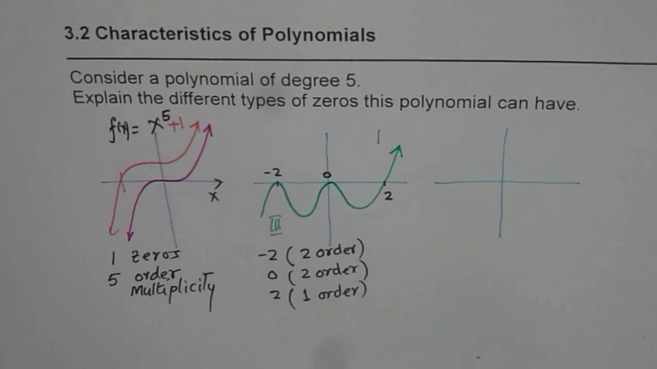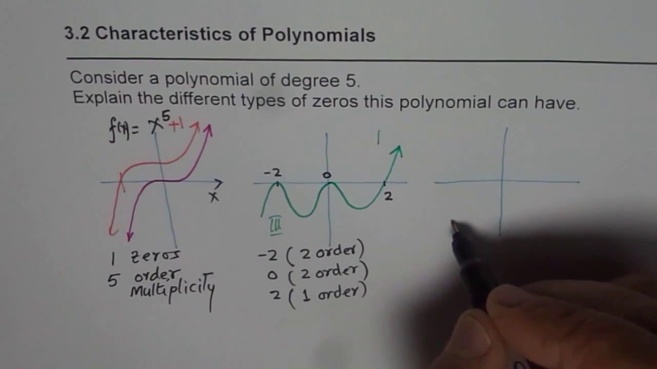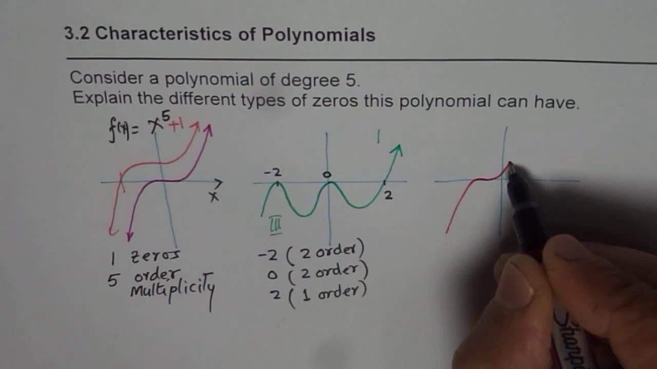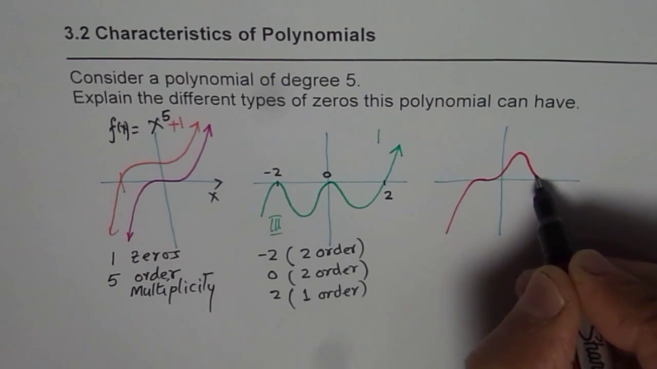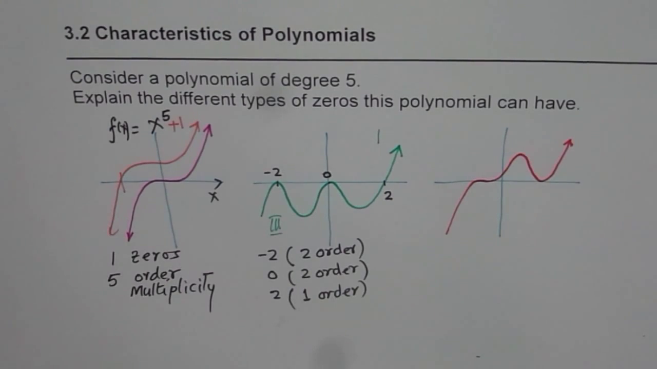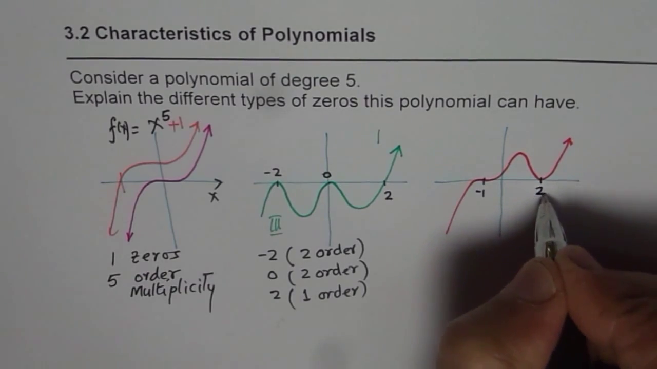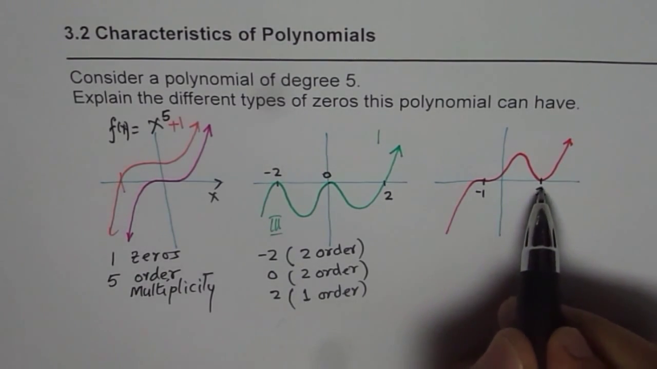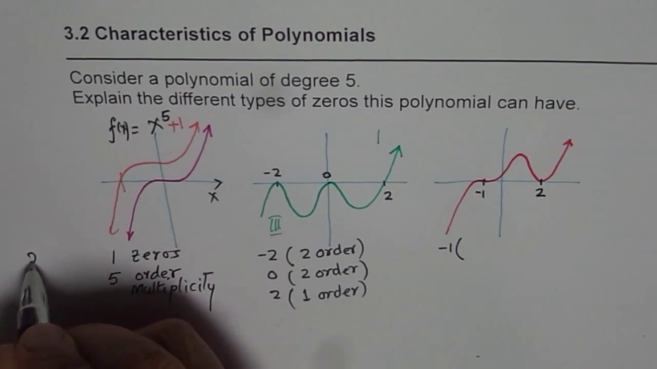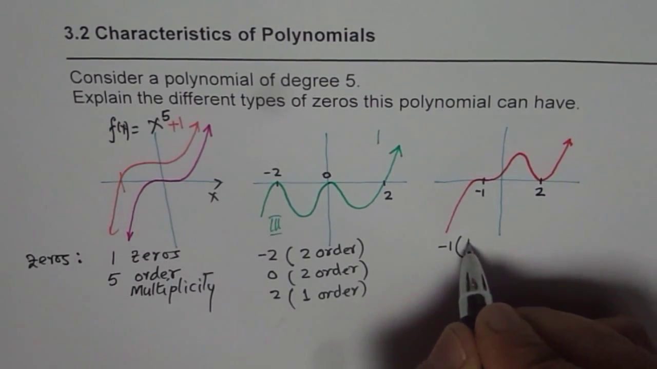Could be 3 also. So let me sketch one which has order of 3. So this time what I will do is I'll just sketch it like this and make it order 3, right? This is kind of 3, and then we need 2. So let's turn like this. How about this? So let us say that this point is minus 1 for us, and this point is 2. So in this case we have 2 zeros. So the zero at minus 1, we are talking about zeros here, right? So we are talking about zeros. Zero at minus 1 has multiplicity of